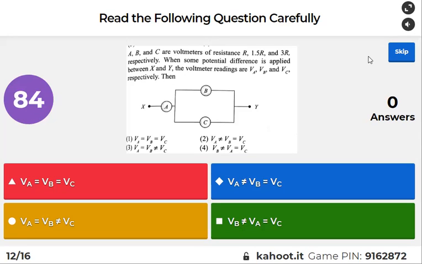A, B, C are voltmeters of resistance R, 1.5 R and 3 R respectively. When some potential difference is applied between X and Y, the voltmeter readings are VA, VB, VC respectively. Then